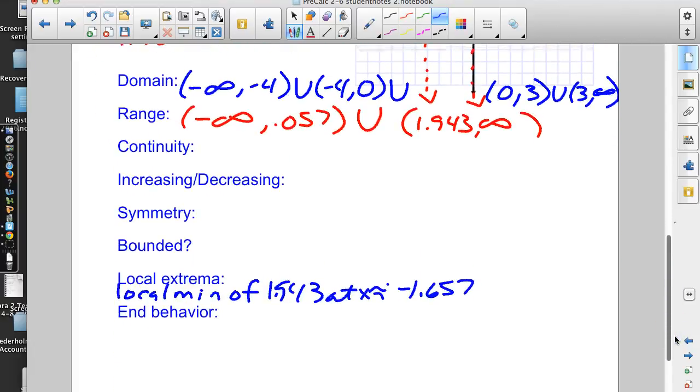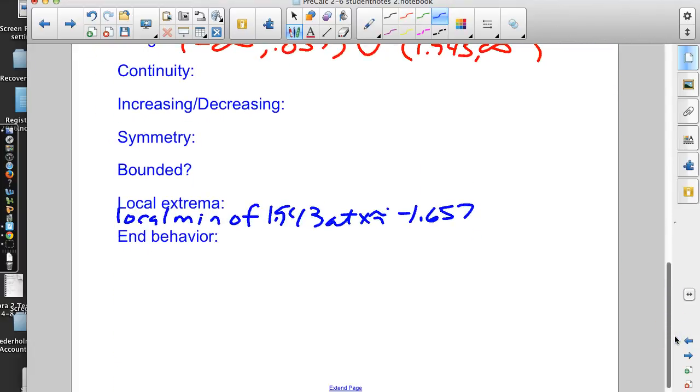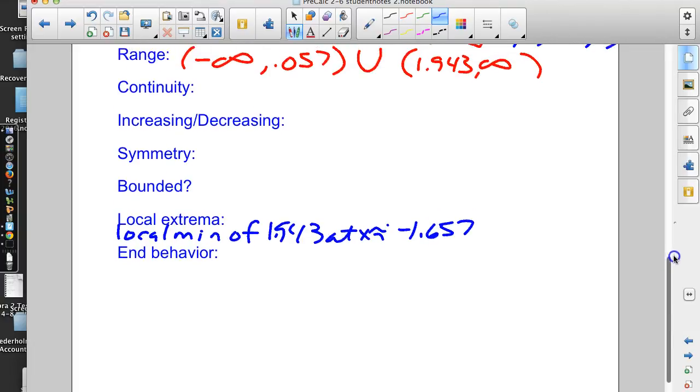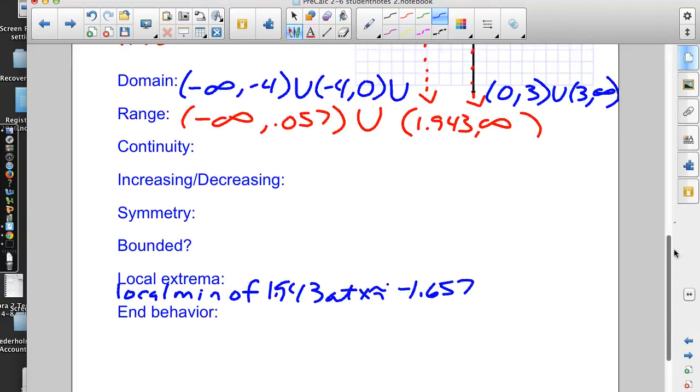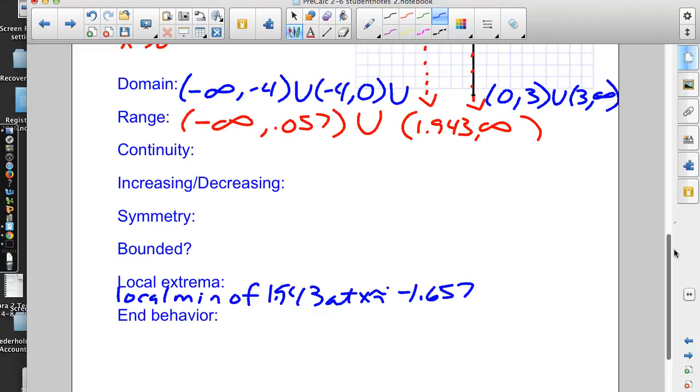Continuous. What do we have to leave out again? Over all x, but wouldn't the 0.057 be a local max? It will. We'll write that when we get down there too. Exactly. Yeah, I didn't want to have to scroll because it's going kind of slow with the recording today. All right, so continuity. All x but,